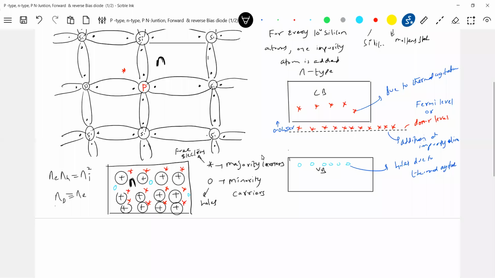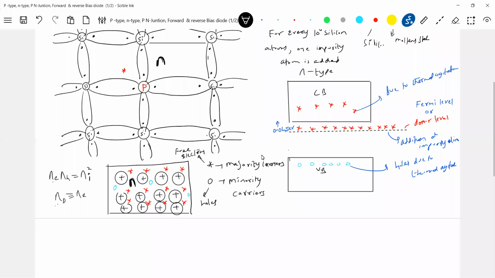How much impurity atom I'm going to add, I'll tell you. With that, you're going to calculate Ne. Then you know the intrinsic carrier concentration. What is intrinsic? Yesterday I defined it: the number of electrons per unit volume in the conduction band, or the number of holes per unit volume in the valence band. This will be given for a given material, either germanium or silicon. This is a fixed value, so we'll get this one. Like this, we'll come to know how many holes are present. There is a formula, just go for it. Okay, this is about the N-type semiconductor.